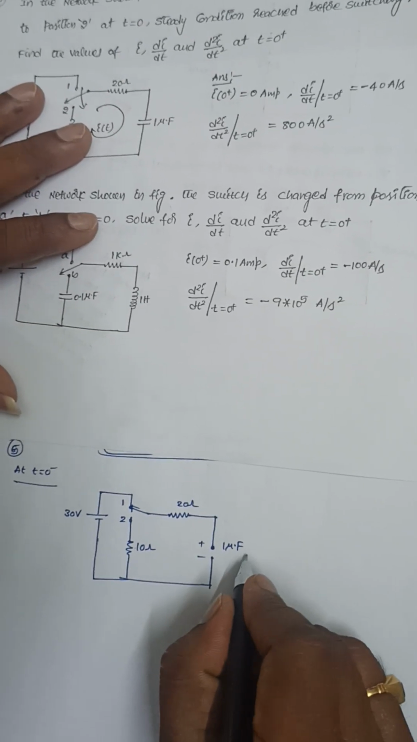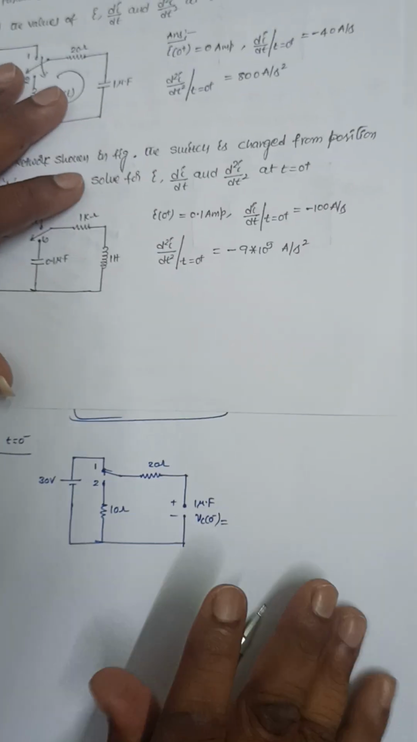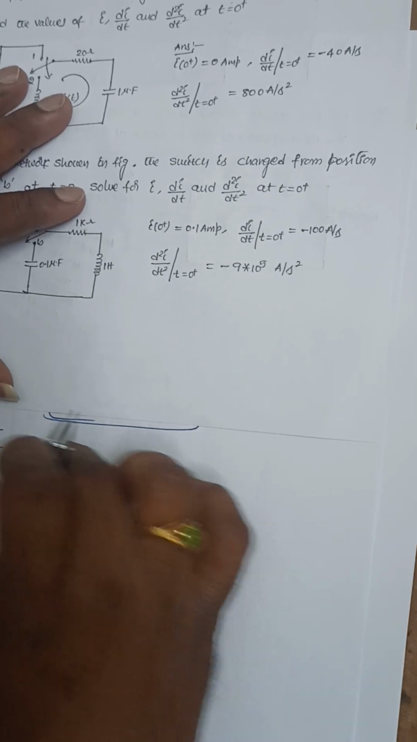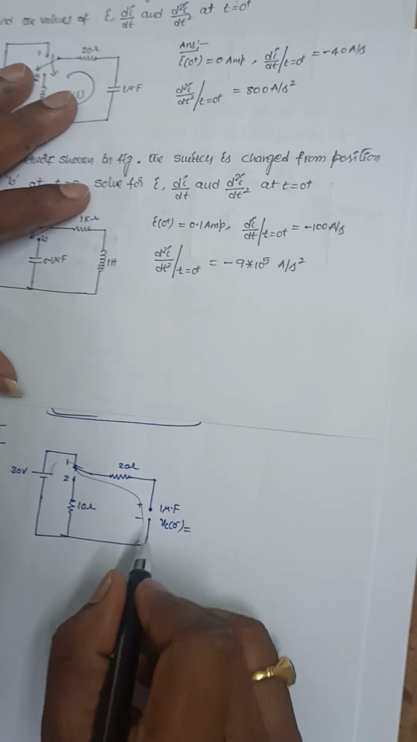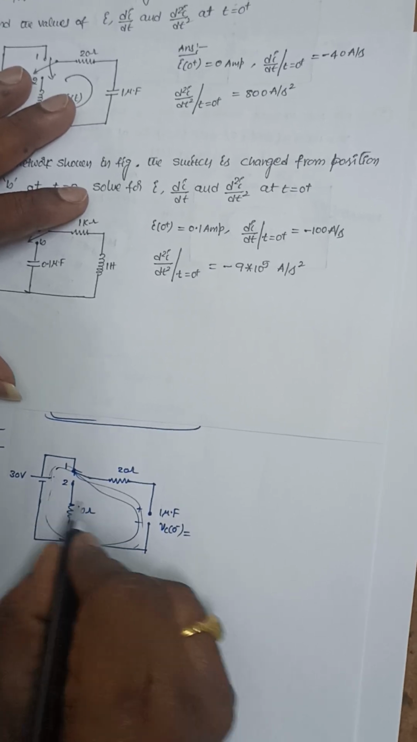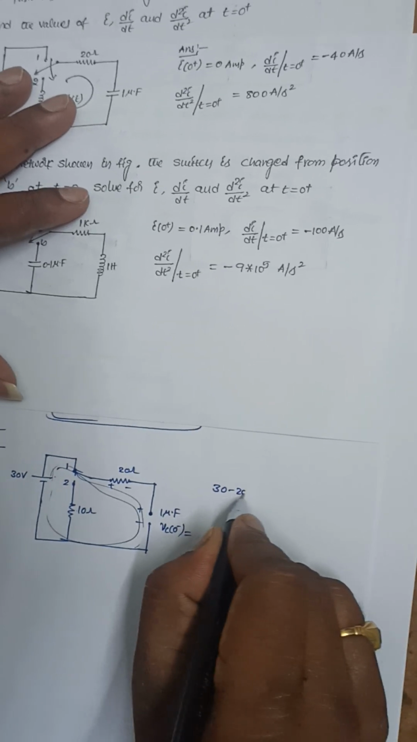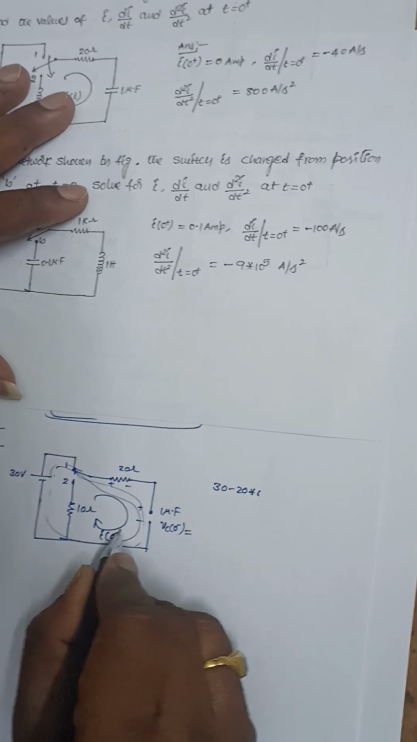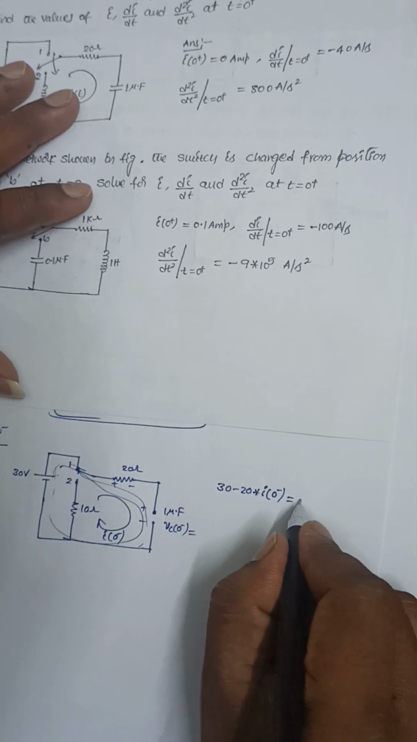Now it is plus and minus. Initially it is charged to Vc(0-). So what is the voltage across this capacitance? Whatever voltage is present here, the same voltage will be present here, because no current is flowing through this. If you have any doubts, you can apply KVL for this loop. It is 30 volts, plus and minus, no current is flowing through this. So 30 minus 20 into i(0-), where i(0-) is 0 amperes because it is open circuited,